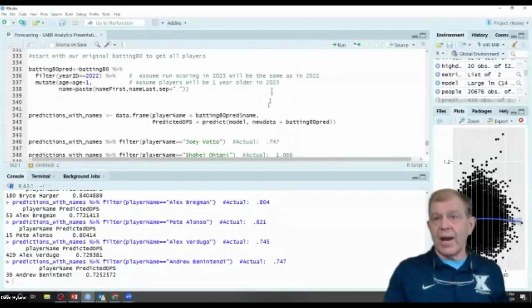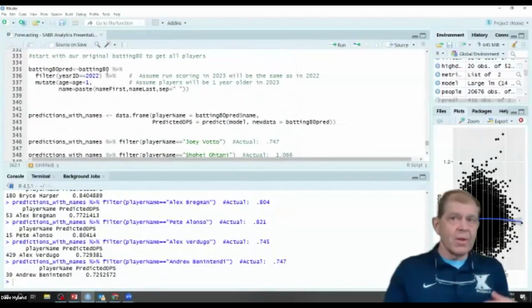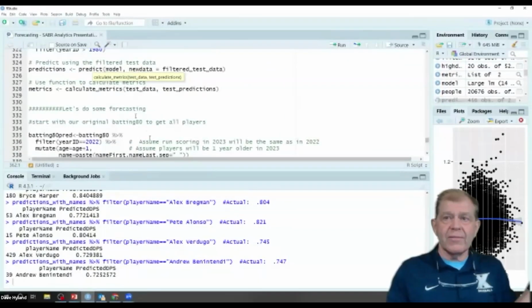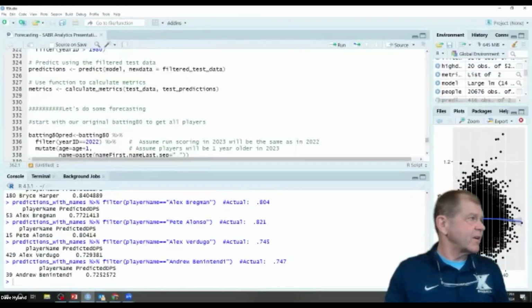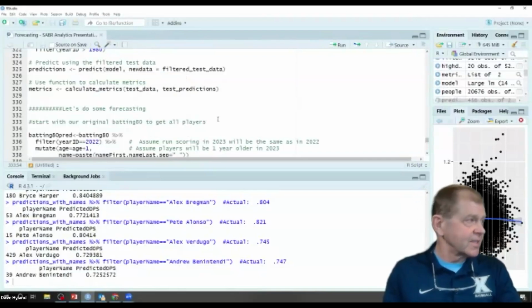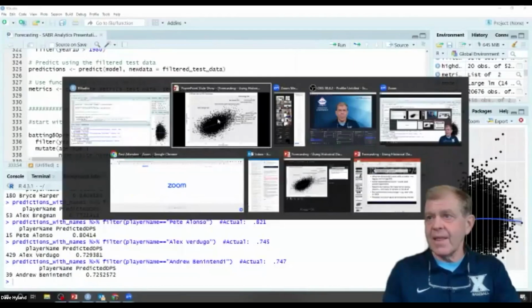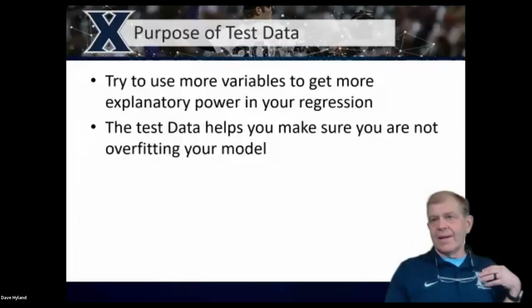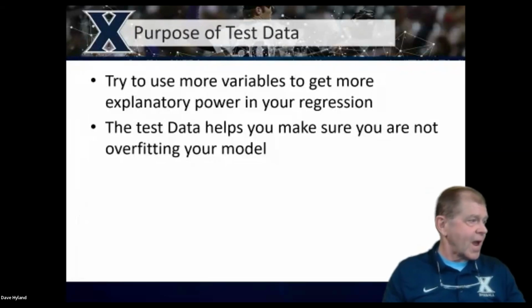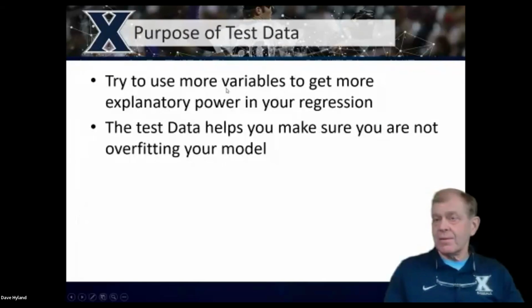Now if I had thought it through, I could have thought at the time that the run scoring for 2023 is going to be more similar to another year. So I could have set the year similar to another year that I thought the run scoring might be like. Of course, these types of things are always easier to see with hindsight than at the time. So let's just wrap up some of what we've done.